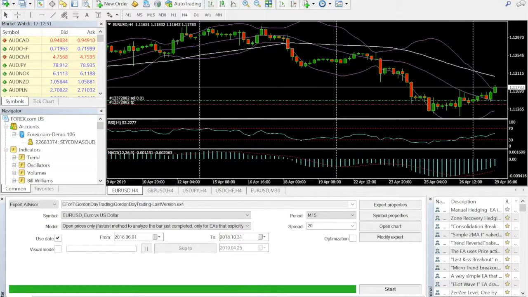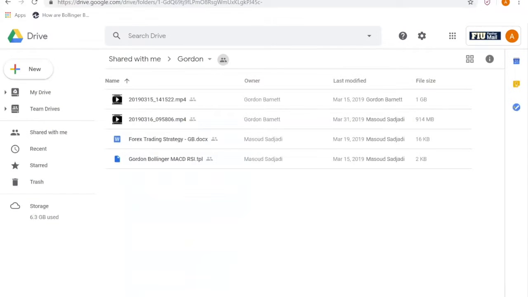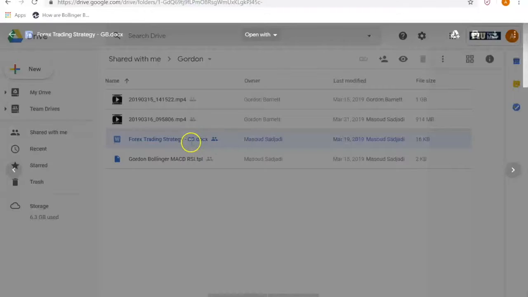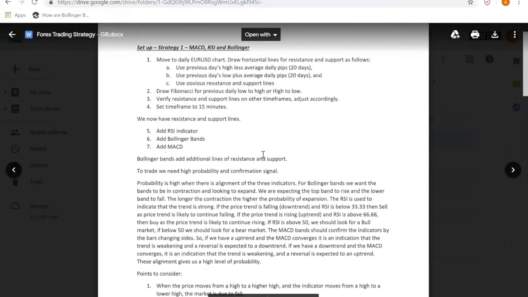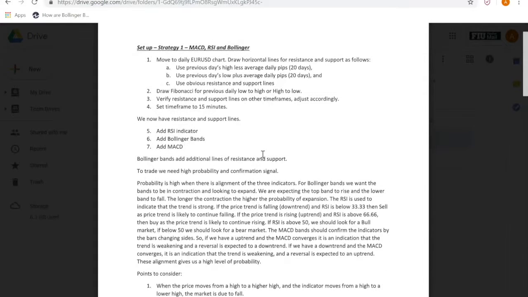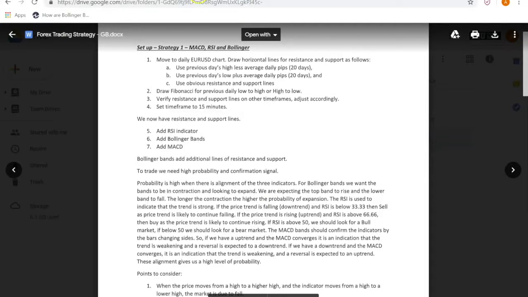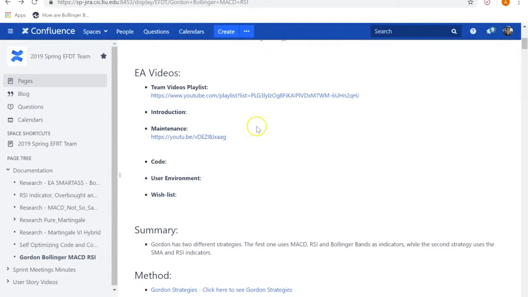Currently, this EA implements strategy 1 of the Gordon trading strategy, and has existing code meant to implement strategy 2 of the Gordon day trading technique, but I'll explain later in the video about that part. But before we begin implementing these strategies, we found it best to summarize the processes made by the EA in diagrams that you will see in our Confluence page